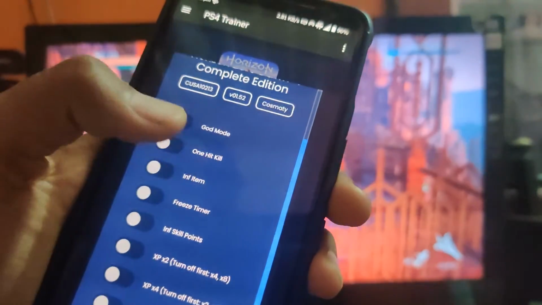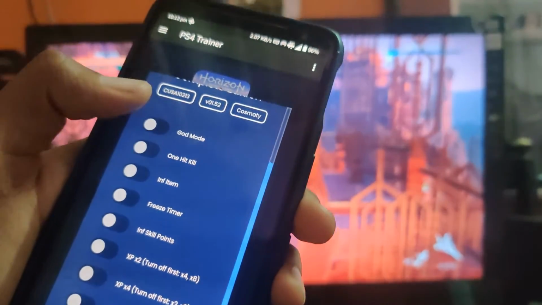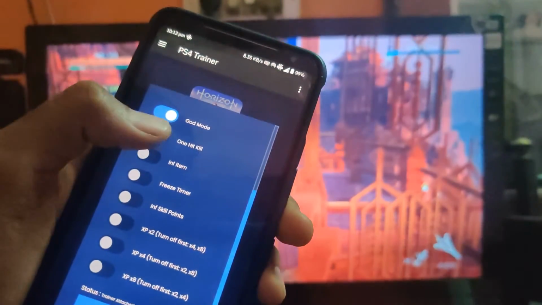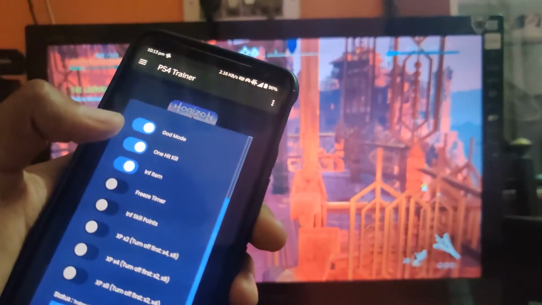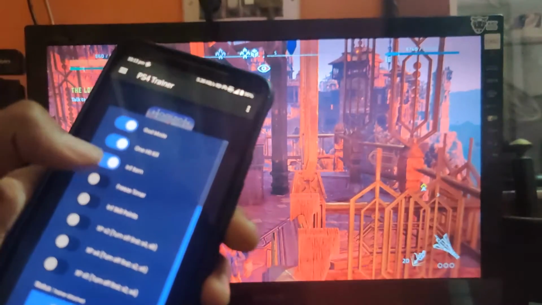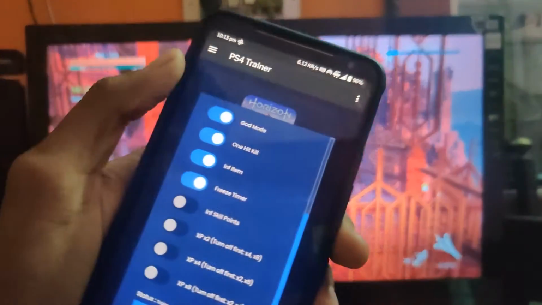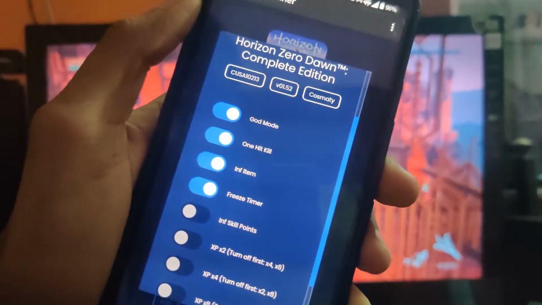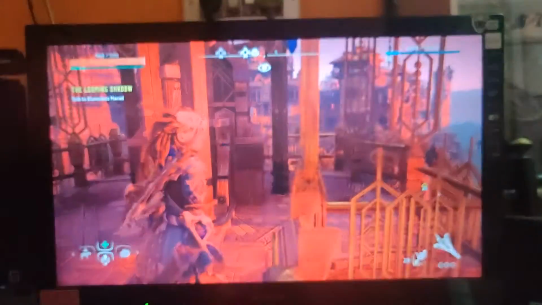Now here is the list of mods you can use. God mode, one hit kill, infinite items, freeze timer. So you can check that out. So I have turned on four options.